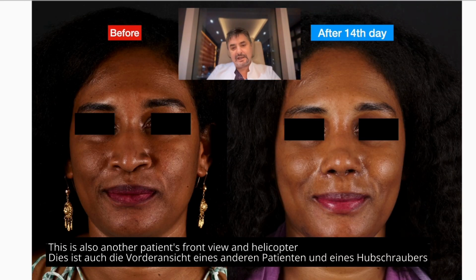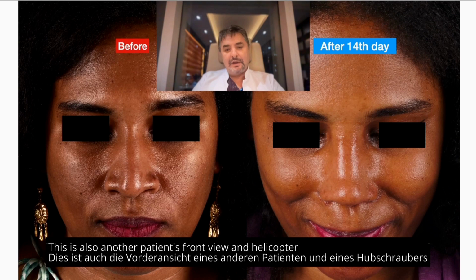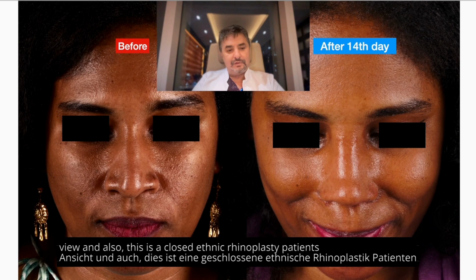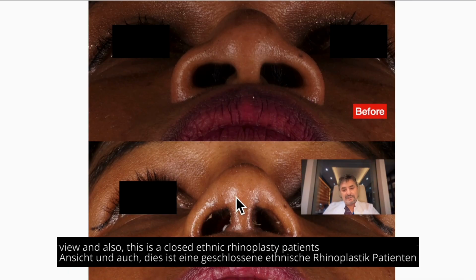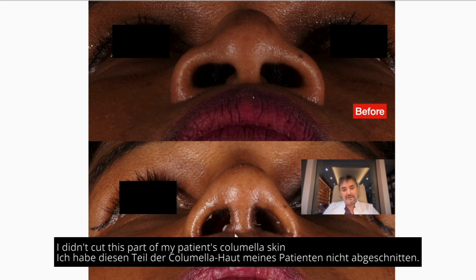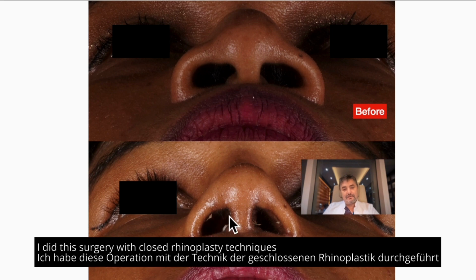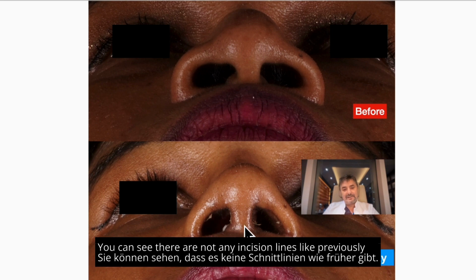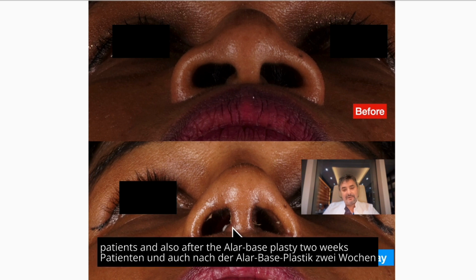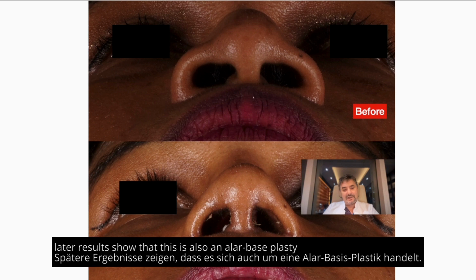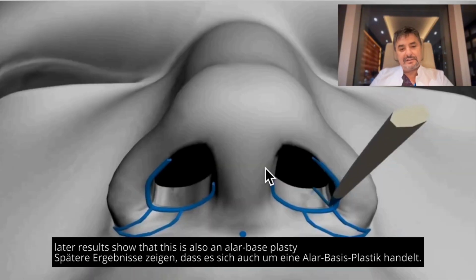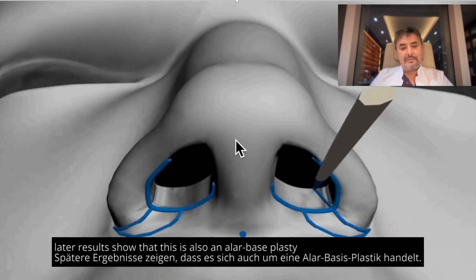This is also another patient's front view and helicopter view. And also this is a closed ethnic rhinoplasty patient. I didn't cut this part of my patient's skin. I did this surgery with closed technique. You can see there are not any incision lines like the previous patients, and also after the alar-base plasty 2 weeks later results. You can see this is also alar-base plasty